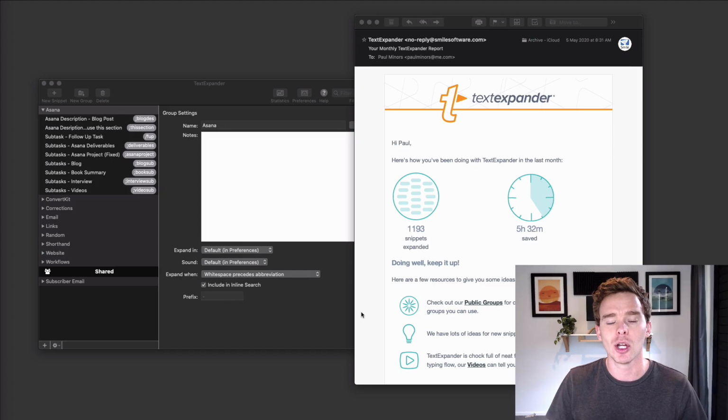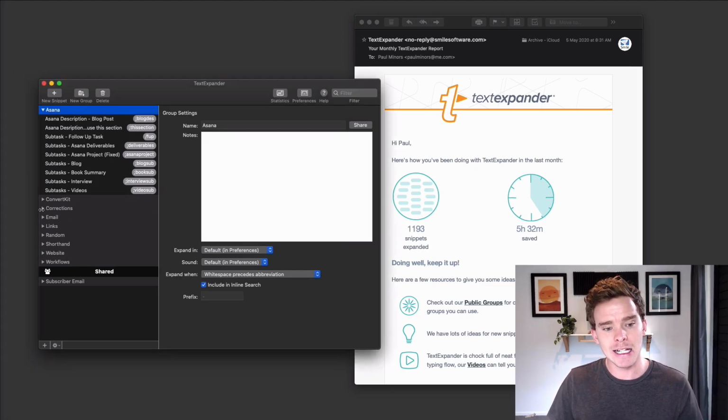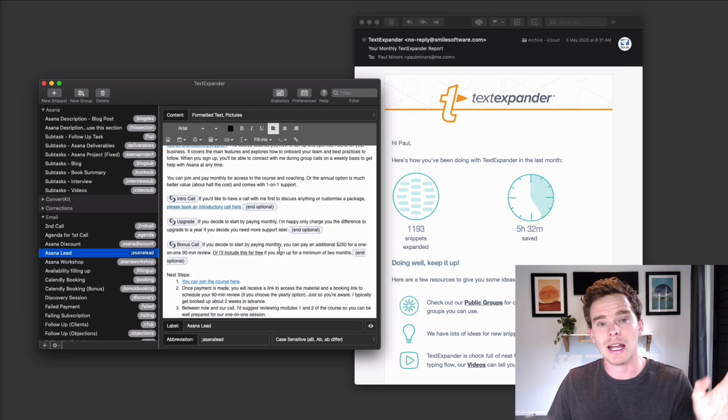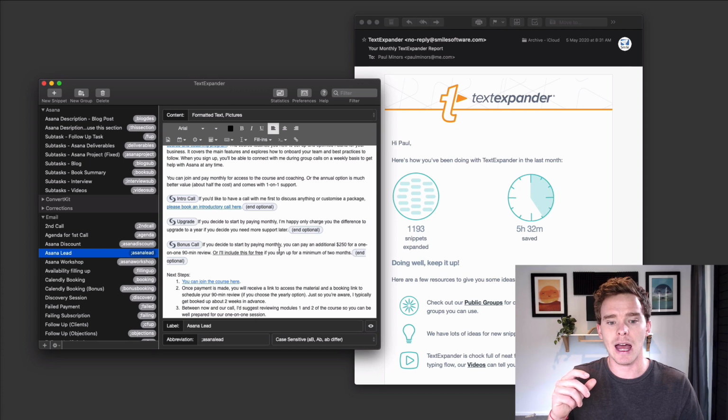Maybe you send the same email again and again, and rather than storing that email in a document or a note, or maybe going to your sent items in your mail and copying it every time, you can store it in a snippet in TextExpander, and you can then type a little snippet and it will generate and spit out all that text. And there's some great options for things like having optional paragraphs that you turn on and off,